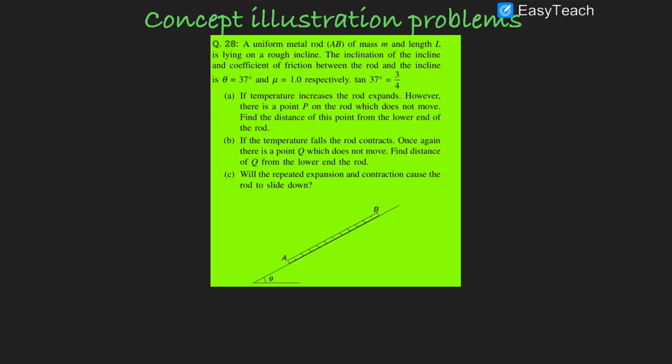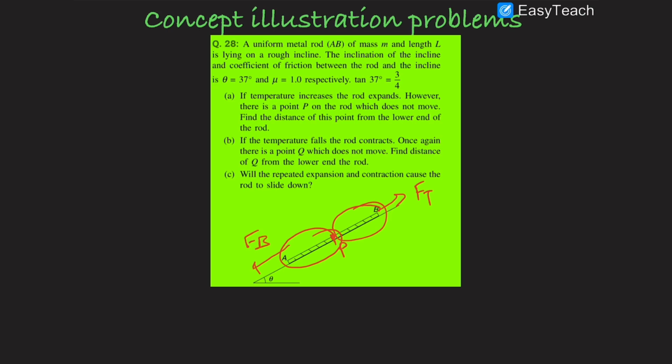So let us suppose that there is a point P here which is not moving. Now the fact that this point is not moving means the net force acting on this rod in the upward direction and the net force acting on this rod in the downward direction are the same. So what we can do, we can just see that when this rod moves in the upward direction, a force on this rod will be acting in the upward direction. Let us name that force as F top. And when this rod is moving in the downward direction, a net force acting on this rod will be